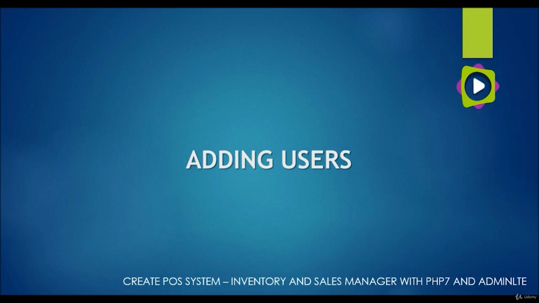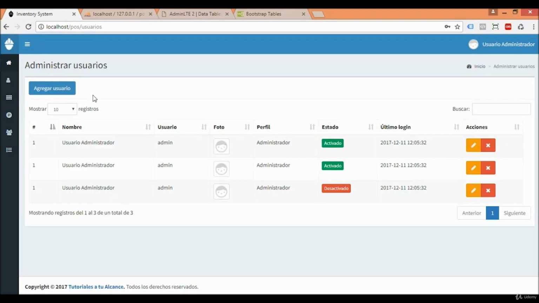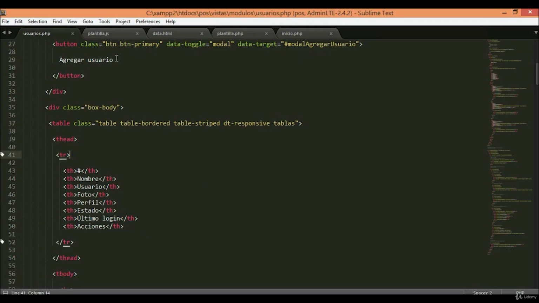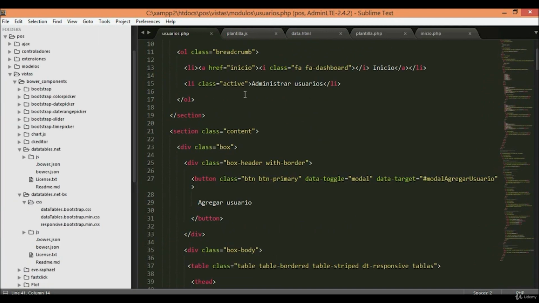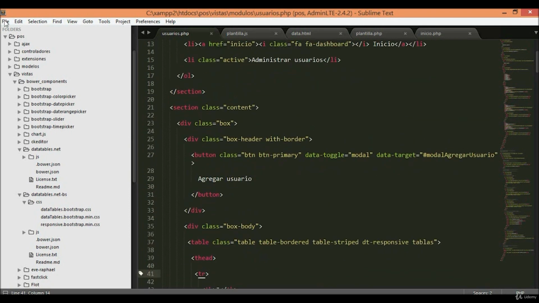Let's learn how to add users to our POS system. At this moment, we already have the table organized with sample information. It's not the real one brought from the database. It was just to make the layout of our page. Now we can save this layout as a template because we will need this to make other pages later, okay, that we are going to create for adding products, categories. So let's save this